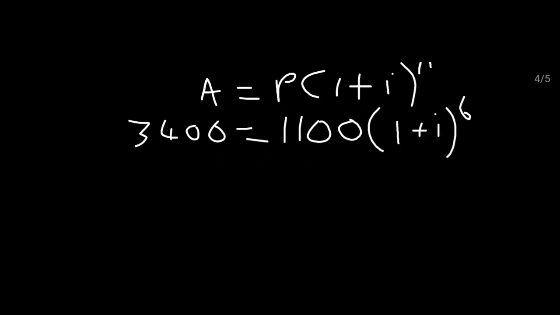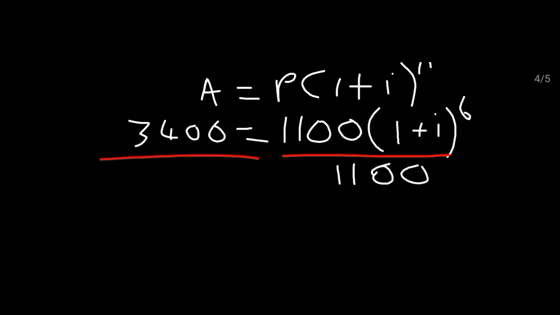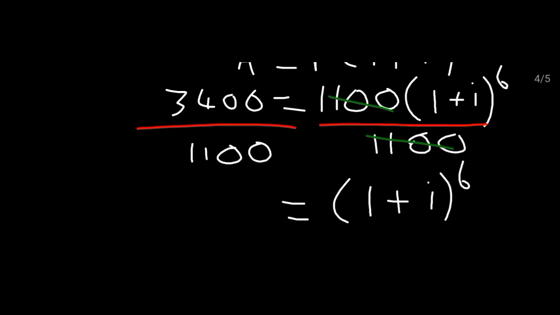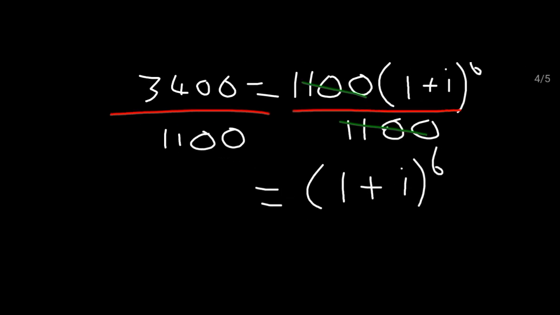So we know that when we work with anything inside the brackets, we remove the value of P first. So I'm going to divide by the value of P, which is 1,100. Whatever you do on the right you must also do on the left, right? And then now these two will divide each other and we remain with my bracket of 1 plus i to the exponent of 6. Then on this side, on the calculator, 3,400 divided by 1,100, and it will offer the value of 34